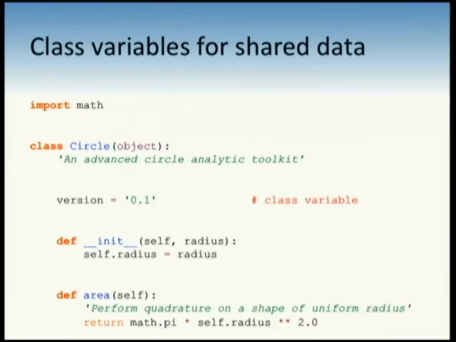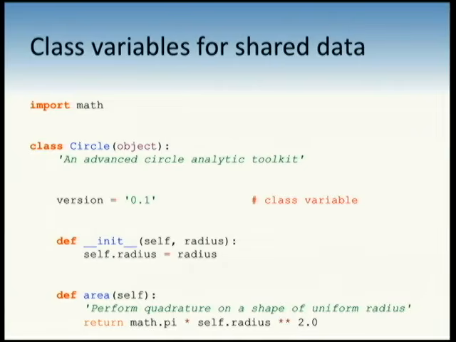Just saying. Okay, so we get ready to ship. Oh, shared data. We didn't put a version number on. All the instances share the same version number. We use class variables for that. Notice the instance variable is stored in init. Remember, the job of the initializer is to populate the empty instance. But a class variable shares the data. So version is shared across all instances.